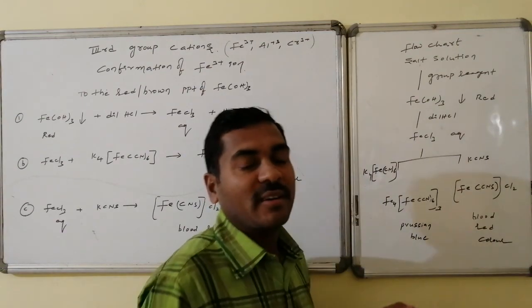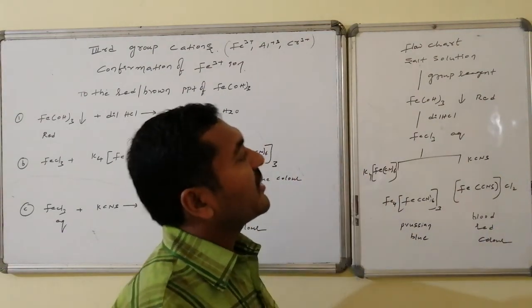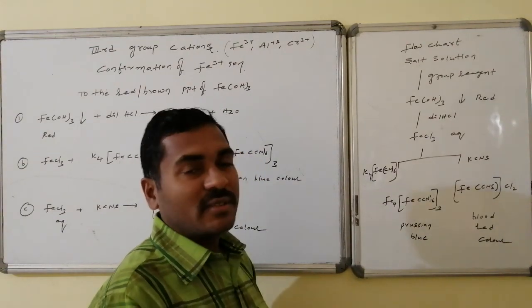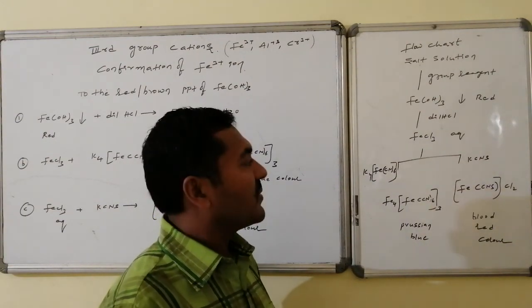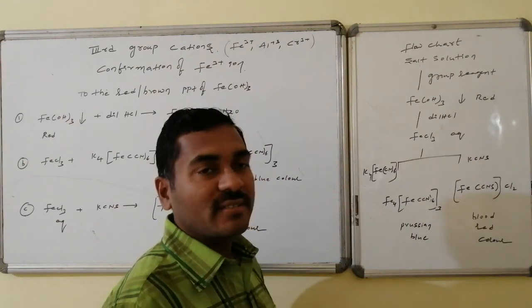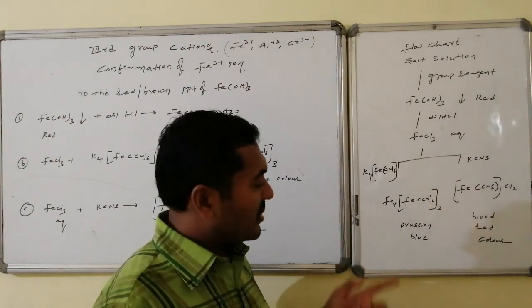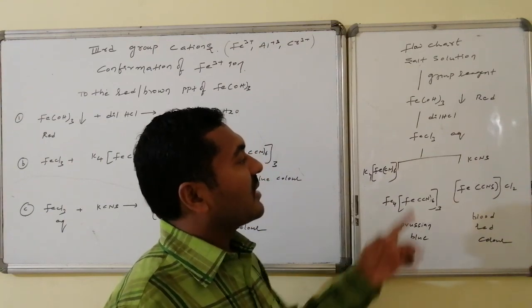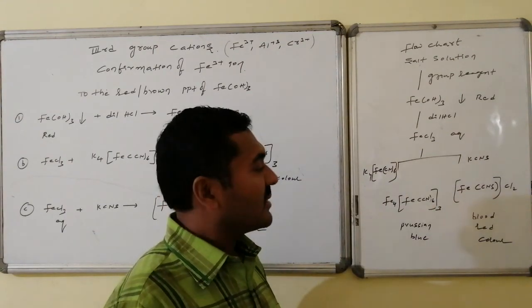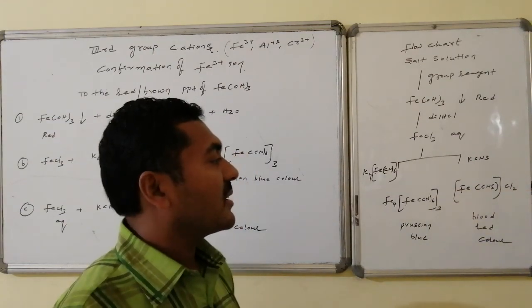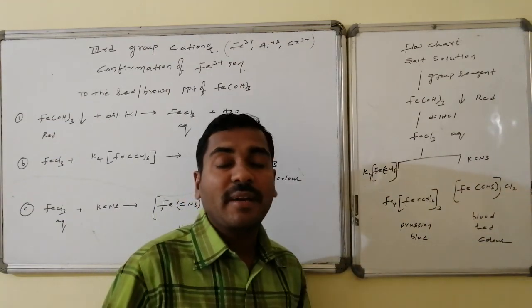HNO3 followed by ammonium hydroxide followed by ammonium chloride gives ferric hydroxide, which is a red color precipitate. This red precipitate dissolves in dilute HCl, forming ferric chloride. This ferric chloride on reaction with K4[Fe(CN)6] gives Fe4[Fe(CN)6]3, known as Prussian blue, whereas on reaction with potassium thiocyanate it gives ferric thiocyanate dichloride, which is blood red in color.